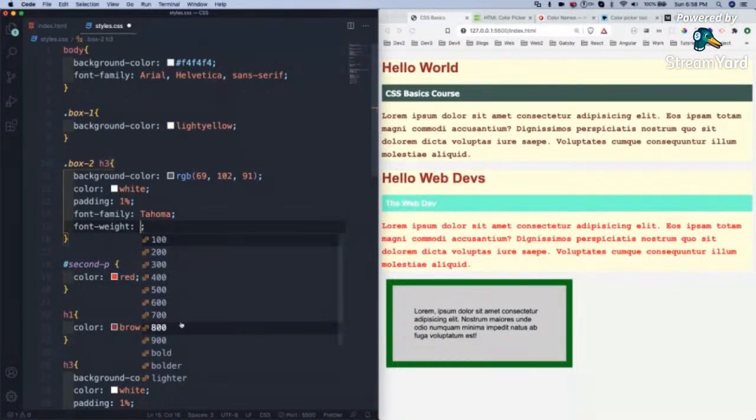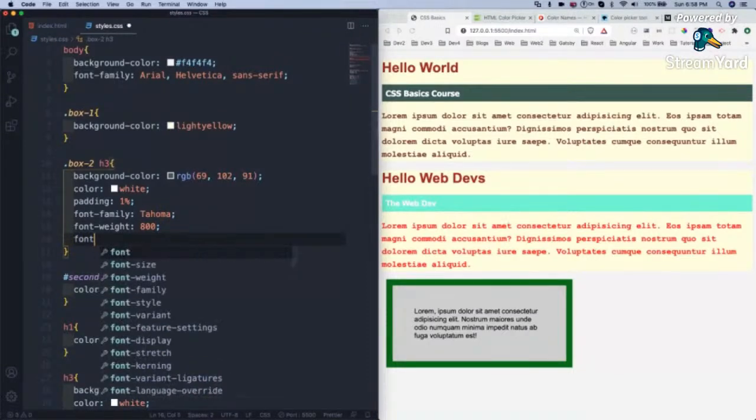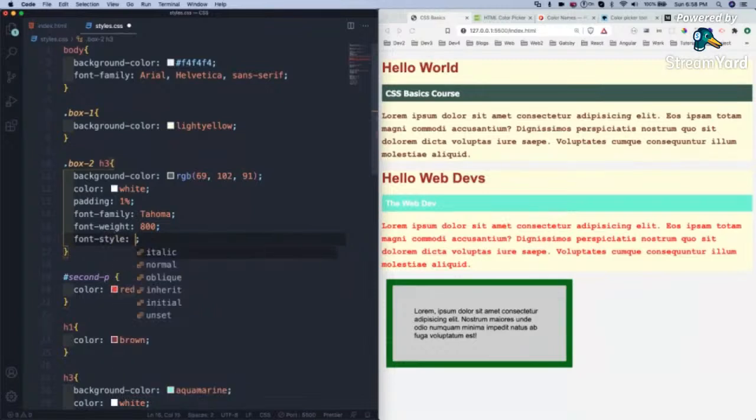So I can give numbers also. Previously I have given bold, but I will give this number 800, and this font weight will be 800. And font style I can have this many things. So font style I will give it italics, so it will become italics. This is some of the things which I wanted to tell.